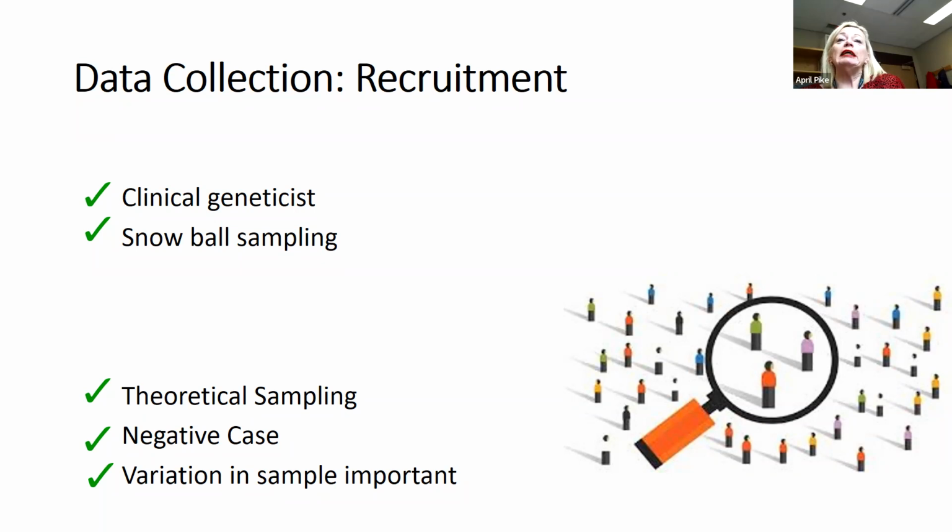But when I analyzed the data, the experience, even though it was different, the theory that was generated held up and still explained the experience of the negative case. So in grounded theory, it's really important to look for that negative case, but it's also equally important to have variation in your sample, meaning diverse ages, diverse gender, diverse ethnicity, diverse cultures, and diverse geographical places, so urban